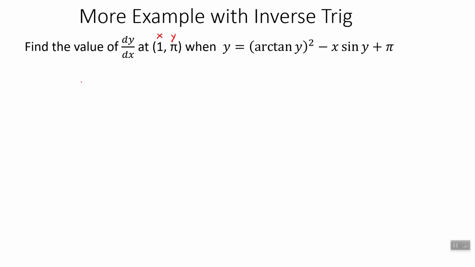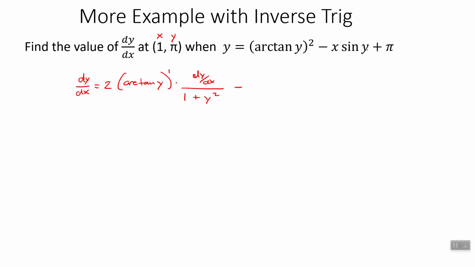All right, well, we want to take the derivative implicitly. So anytime we take the derivative of y, we're going to put a dy/dx. Here we bring down the 2. We leave the inside the same, arctan of y, to the 1 less exponent, times the derivative of the inside. The derivative of the inside is the derivative of arctan. So we'd have the derivative of y, which is dy/dx, over 1 plus y squared